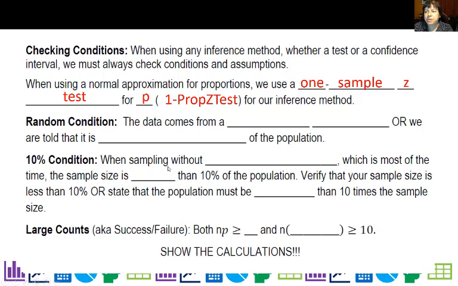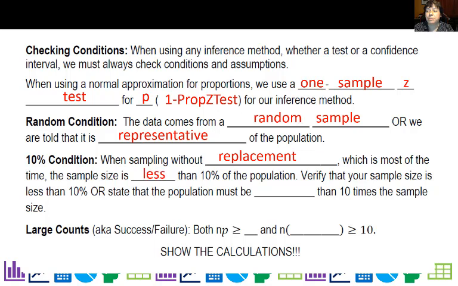We also need to know that the data comes from a random sample, or we're told that the sample is representative. Remember that the whole reason we do randomization is to get a representative sample and to get rid of bias. Now, the 10% condition is important because when we're sampling without replacement, which is most of the time,